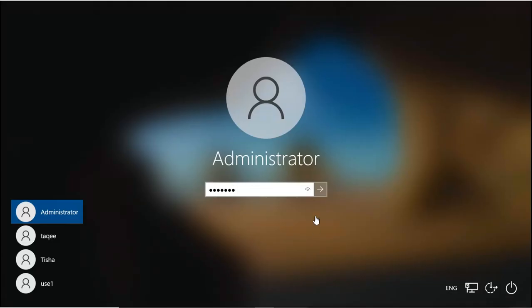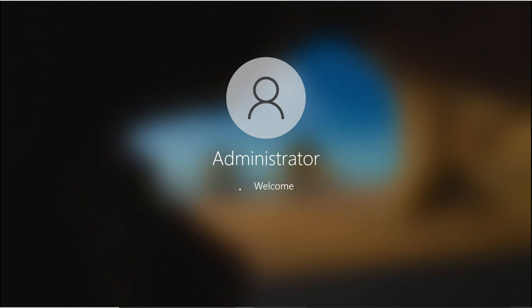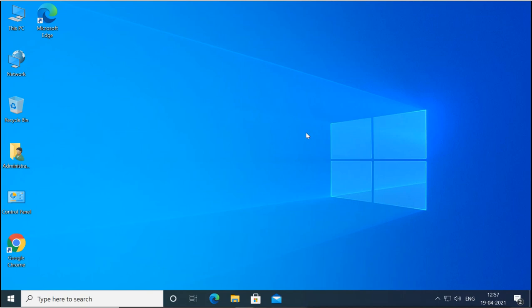So it is restarted, and I have logged in as the administrator. Now the machine is started. Next time when you create or modify the policy, you don't have to reboot again. You can just update the policy. Basically it updates automatically, but we can force it to update also. If you just want to update right now, then we can do it also.